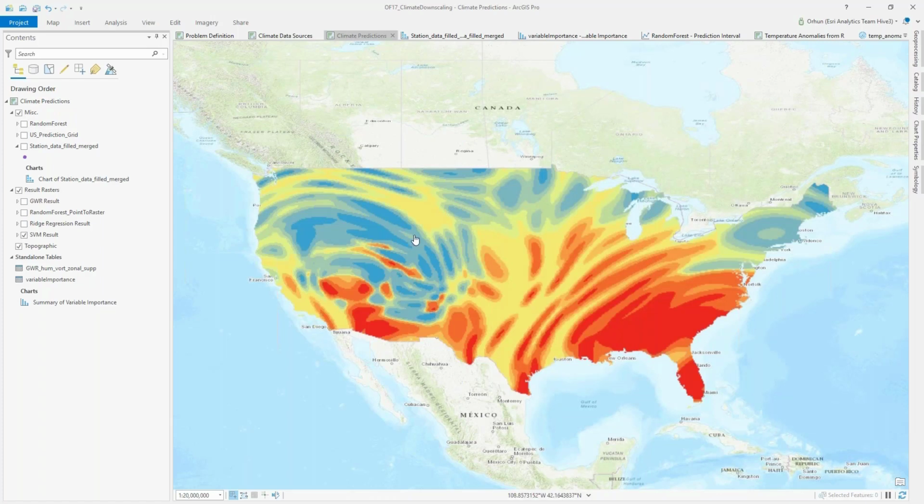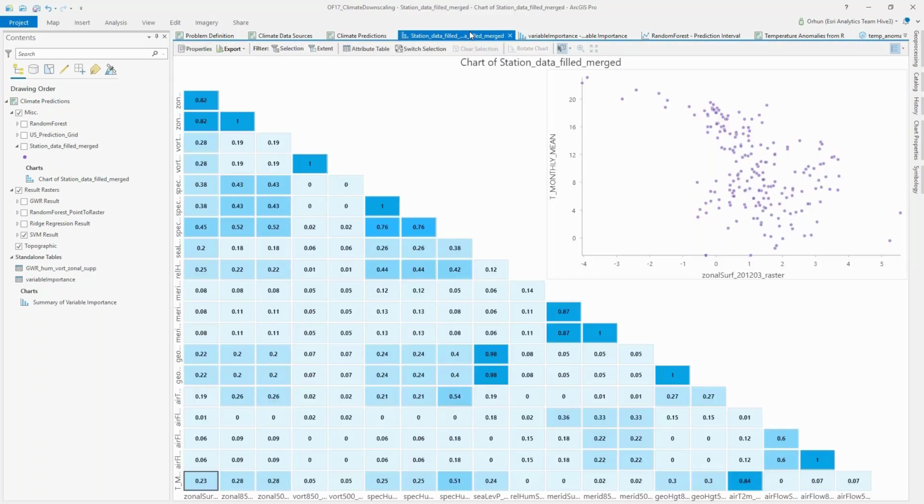Before talking about the regression results, let's summarize the data set. One thing I've done in the background is, at every temperature location, I've extracted the simulated values. And one thing you might be wondering, what are the relationships like? Using our charting capabilities in ArcGIS Pro, I can actually investigate and create this scatter plot matrix that summarizes relationships